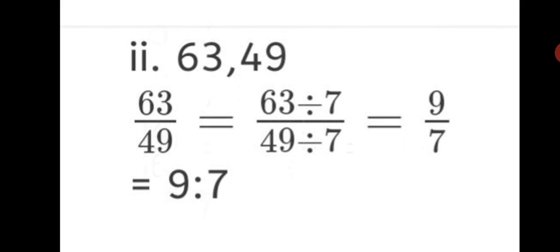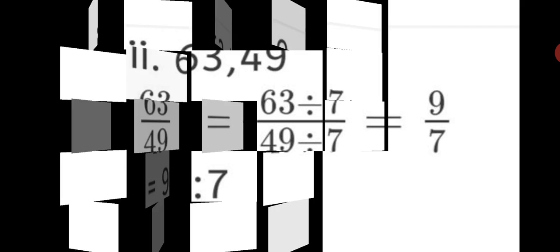Second sum, 63, 49. So when you find ratio, you take it 63/49. 63 and 49 are divisible by 7. We have to find the number which divides both of them. So the common number is 7. So divided by 7, you get 9/7. So your ratio is 9:7. Third sum,